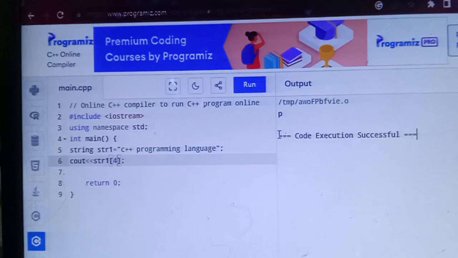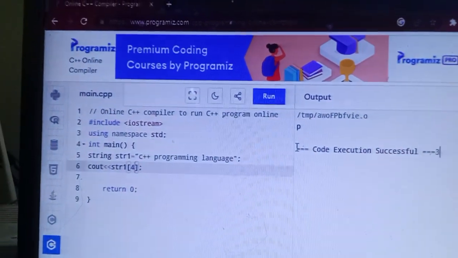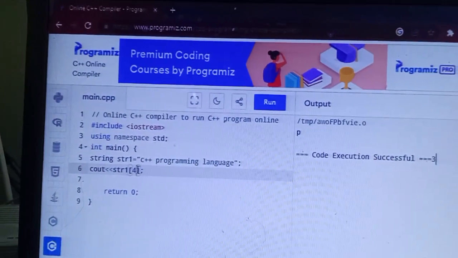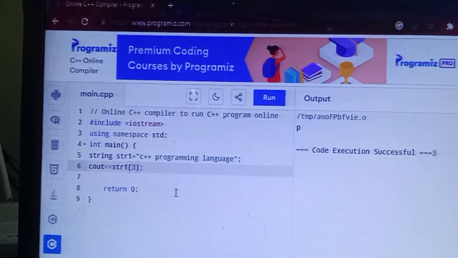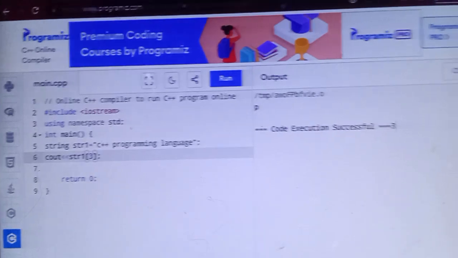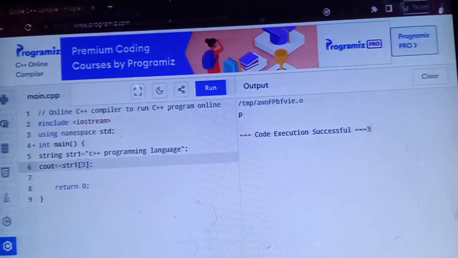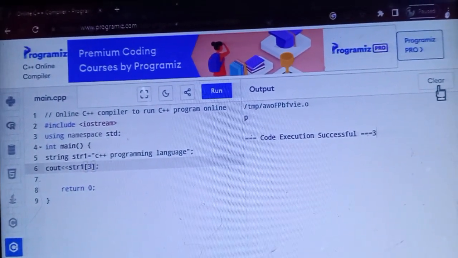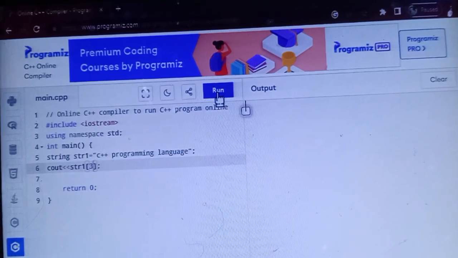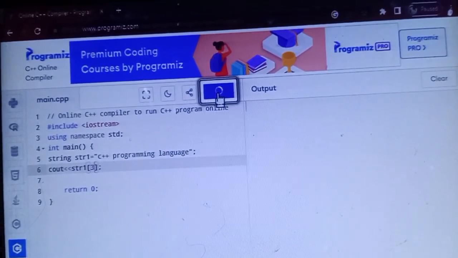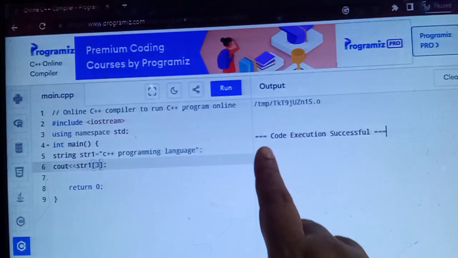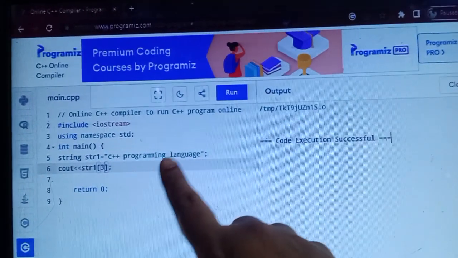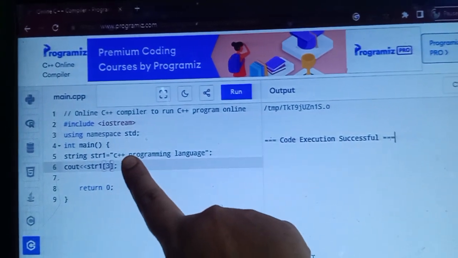So here I am giving 3, so just a space you can see there. First clear the screen of the compiler. Now again click on run. See here nothing we got, because here it is space in place of 3.